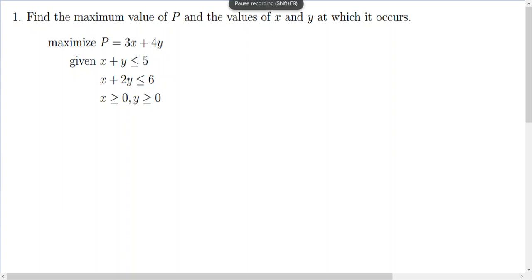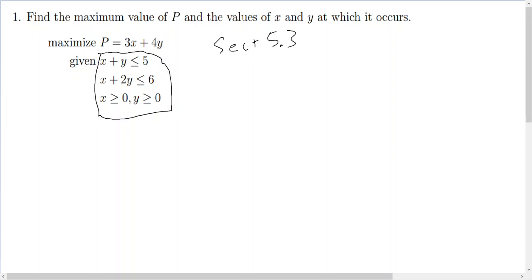Okay, so to solve this problem using the geometric approach, this is in section 5.3 of the book. You need to first draw the region, the feasible region, right? That comes from the inequalities here. All right, so